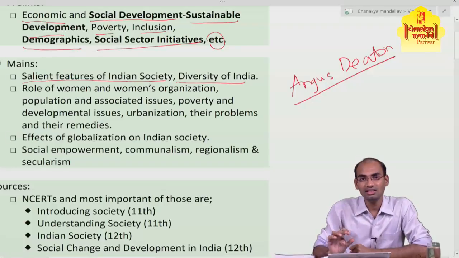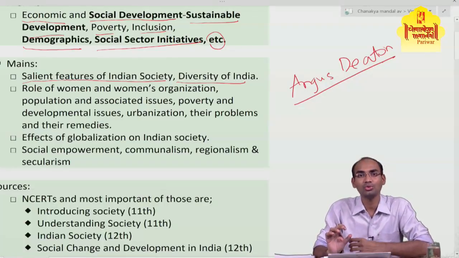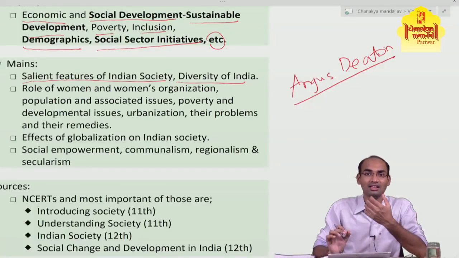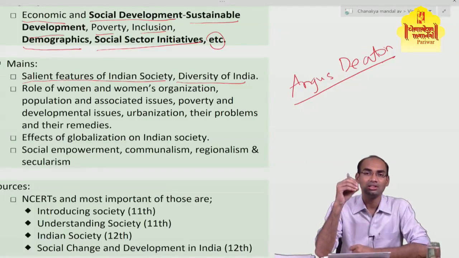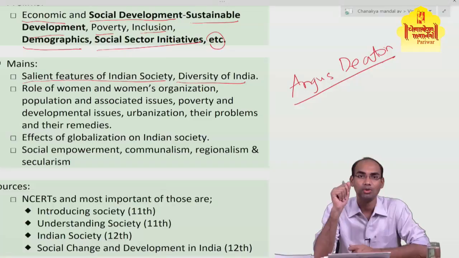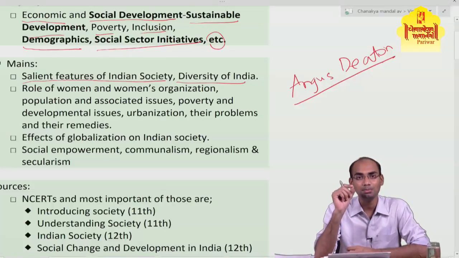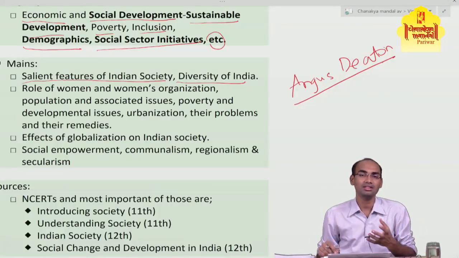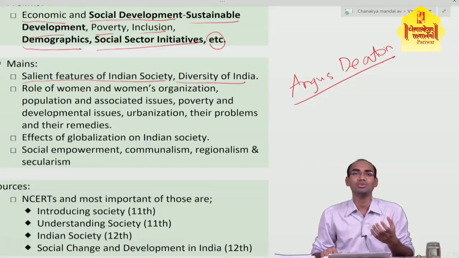Angus Deaton is the British economist who has received the Nobel Prize for his studies relating to poverty and the choices which are affected by poverty. The primary case study he used in his studies was from India, and he always criticized, or I would say many times he criticized